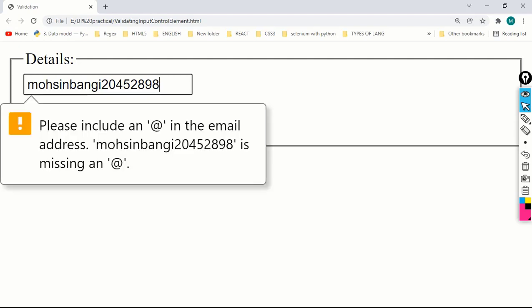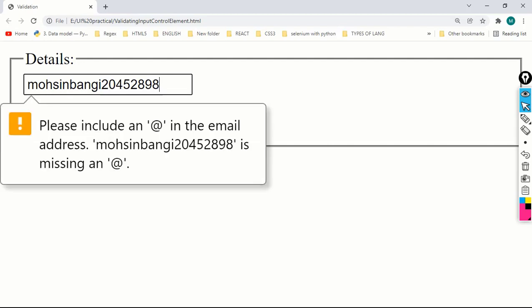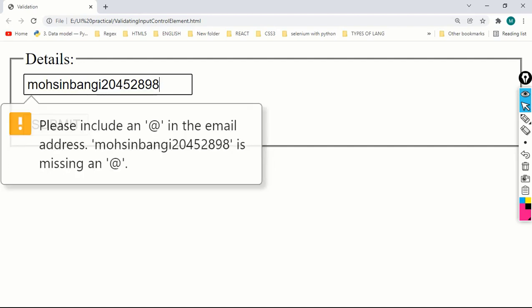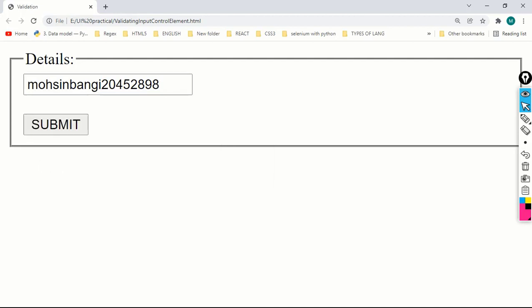Please include an at the rate. See here, please include an at the rate in the email address. Okay, so what is missing? See, missing an at the rate. Understood? So here we have not given any validation constraint, but the browser is automatically validating.